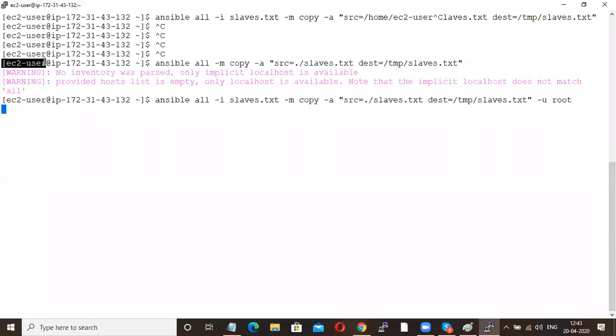If you want to perform in another user, you have to tell Ansible. So always perform your commands with your default user.